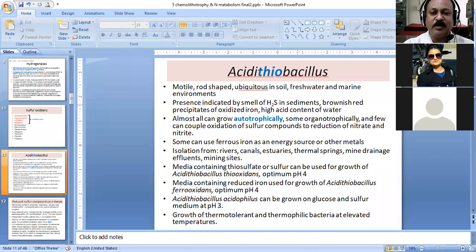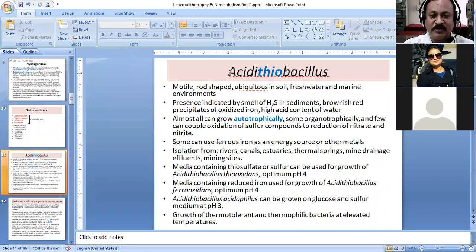Then coming to this important organism, Acidithiobacillus. ACID stands for the fact that they are extremophiles. They can survive in highly acidic conditions. The pH may be 3, or even less than 3. Even then, these organisms can survive in the environment. In fact, these organisms are producing the acid themselves. In a certain environment where they are carrying out their own respiration and metabolic activities, these organisms can produce sulfuric acid, and therefore they can remain in that sulfuric acid without any problem.